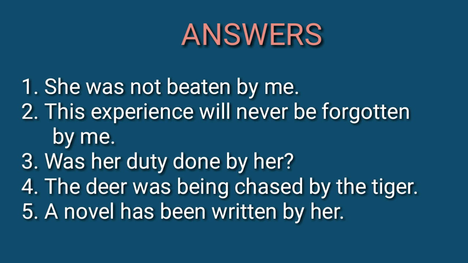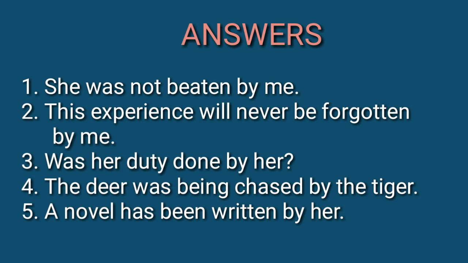How did it become like that? Because did do is in simple past tense. In simple past tense, we should use was plus V3 form of the verb. What's the verb here? Do. Do, did, done. That's how the verb form is, isn't it? So was plus done. We are starting the sentence with an auxiliary. Was her duty, that's the object, should be written, isn't it? Was her duty done by her.